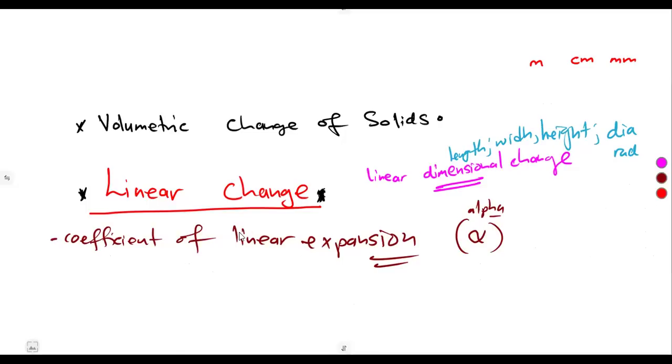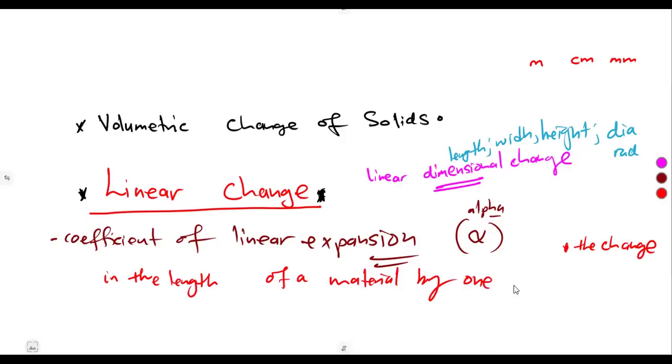So the coefficient of linear expansion, which is our alpha, is simply the change in the length. Let me write it down. It is the change in the length of a material